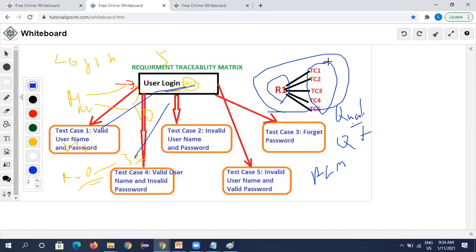In the same way, when we go to a test case, we see each test case is mapped to a requirement. If a test case is not mapped to a requirement, you will see a blank empty space in the requirement section of the test case. That means we have not yet mapped it. So we need to map it to some requirement and make it pass. Without mapping and without making it pass, we cannot complete our testing.